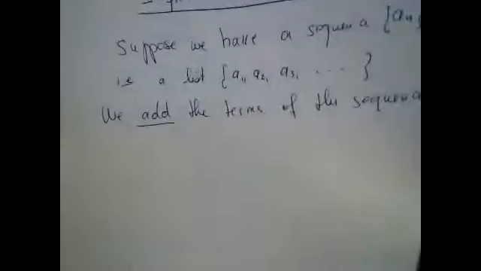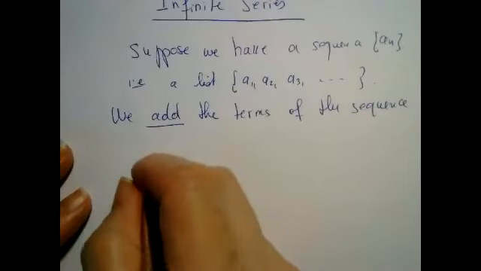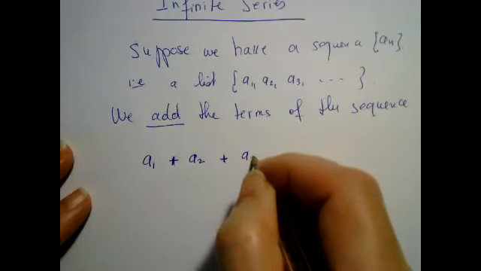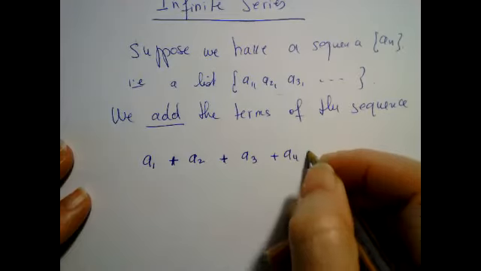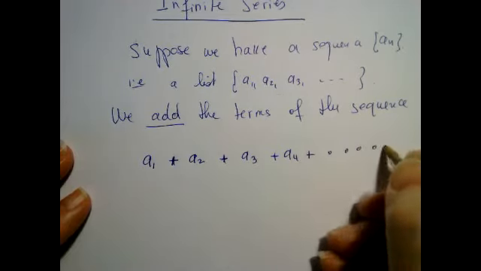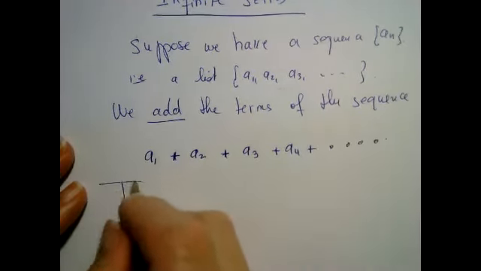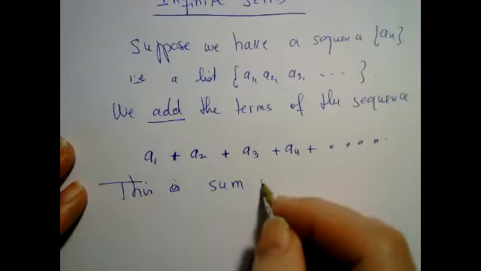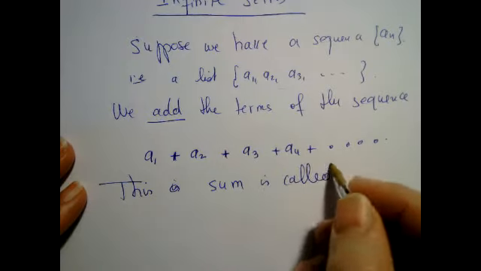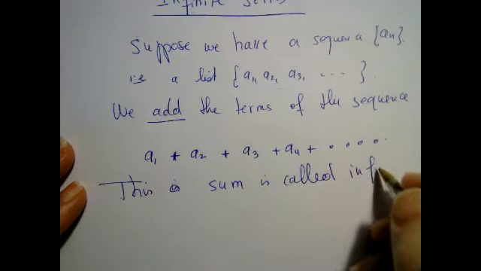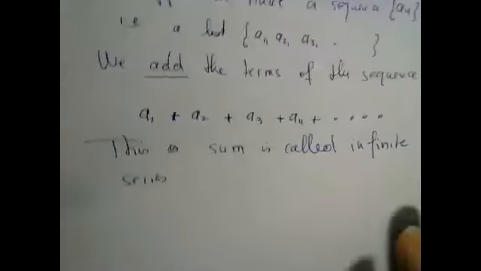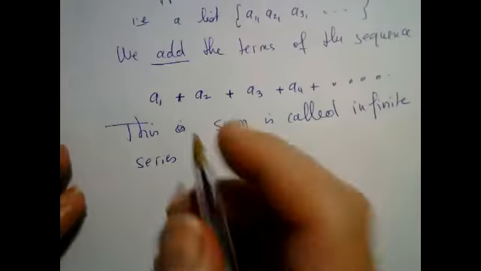So we get, for example, a_1 plus a_2 plus a_3 plus a_4, etc. We keep adding the terms. This sum is called an infinite series. Because it's an infinite sum, we give it a name and call it an infinite series, and we denote it by